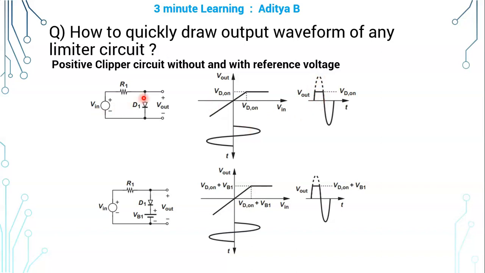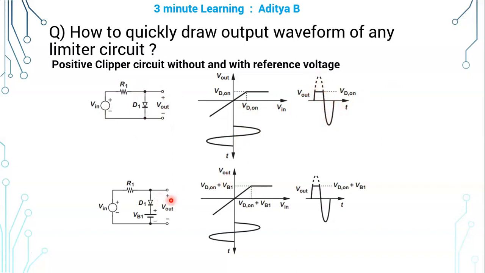But if you consider a practical diode, the drop would be one diode drop, VD on. At that time, these are the transfer characteristics. If you want to do the complete analysis, you can. The simple shortcut is: the P side is connected to the output node, the reference voltage is 0 plus one diode drop, so the signal below the reference voltage is transmitted. Here the reference plus diode drop is VD on, so the input signal below VD on will be transmitted, and the positive half cycle is clipped.